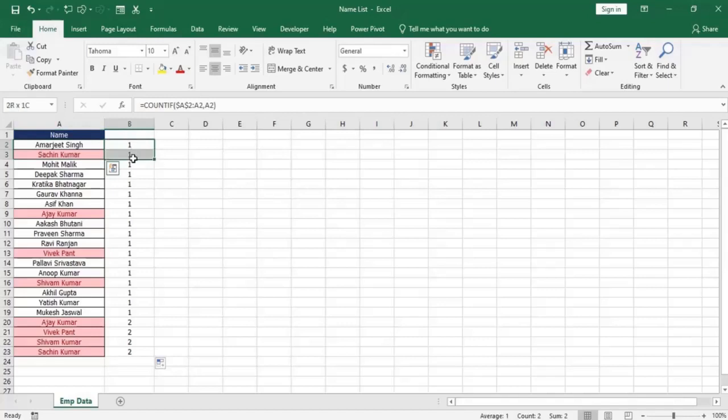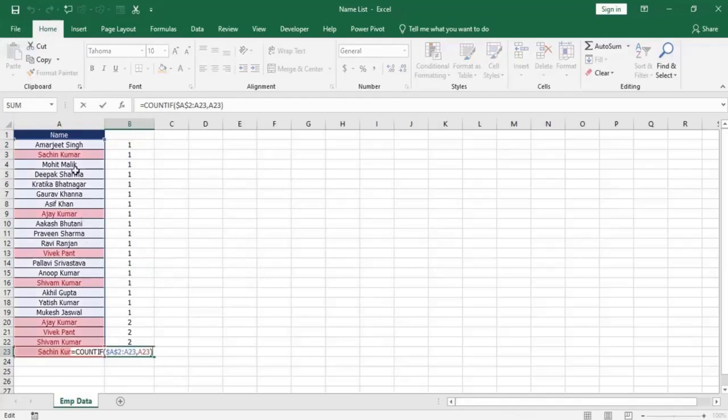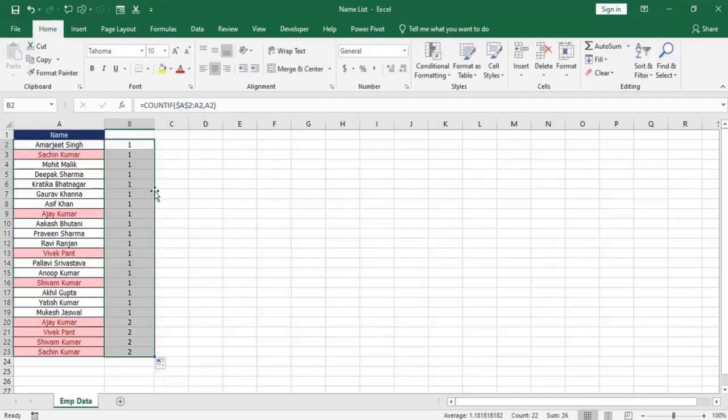By changing the position, the range automatically changes, and the moment it reaches here, the range would be this, so it would count Sachin Kumar as 2. So in order to find the actual duplicate entry, we have to keep in mind what range we have to fix. Now we have fixed this range and we have found the actual duplicate entries.